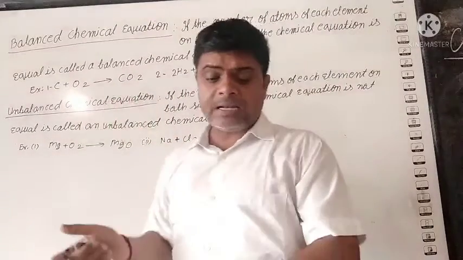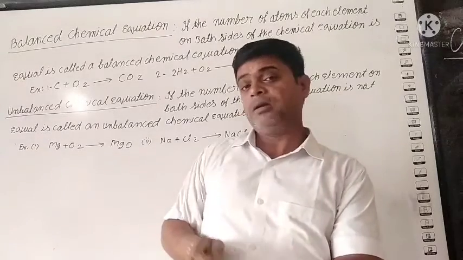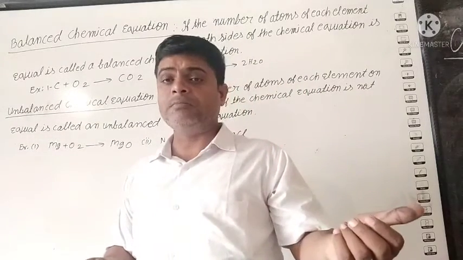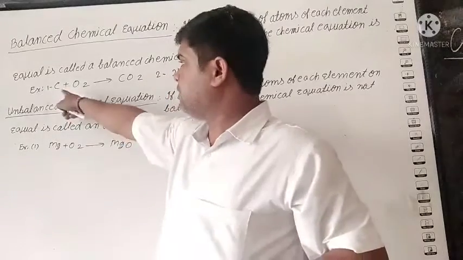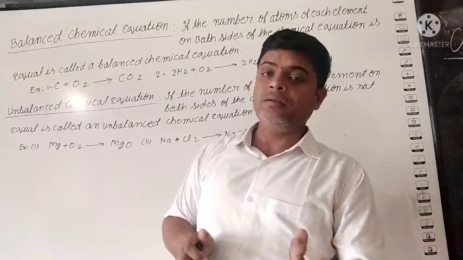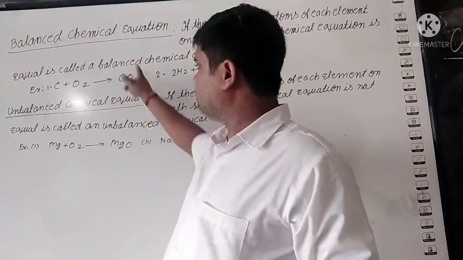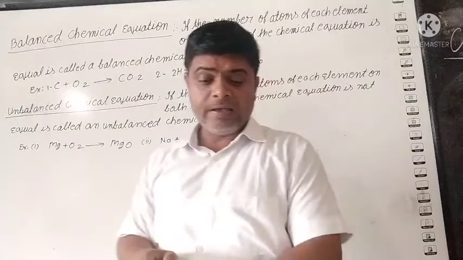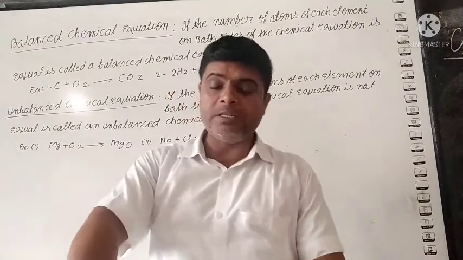Okay. It tells the number of atoms of each element of the reactants and products taking part in the chemical reaction. First, it tells the names of the atoms that participate in the chemical reaction. So, see, carbon, oxygen, carbon dioxide are the names. Number: 1 carbon, 2 oxygen form carbon dioxide, 1 molecule of carbon dioxide. Clear? It enables us to calculate the mass of reactants and the products involved in the reaction.